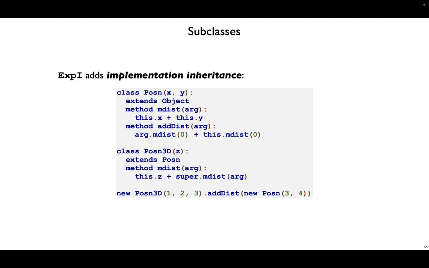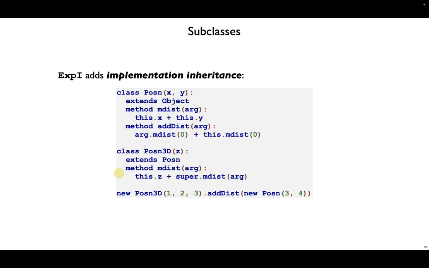Here's the code that we're aiming for next. To keep things simple, we'll require that every class declares a parent. So our class Posin needs to change. It needs to say that it extends some parent class, and we'll create an object class for that. Then Posin3D can say that it extends Posin, so it only needs to declare the new field Z, not X and Y, and it can inherit the method from above, addist, and only add the code for mdist, which it's